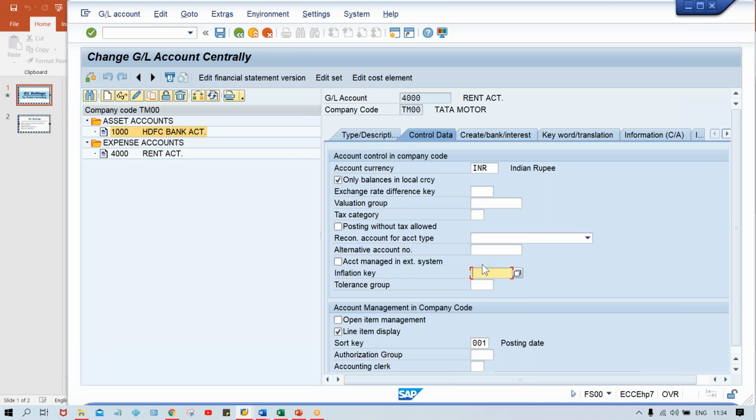That is why, guys, at the time of creation of account groups, we have to explain these things to the client, that this is the functionality of the account group. It is going to control the fields. At the same time, if we apply any changes at account group level, those changes will be applicable to all GL accounts created under a particular account group. Okay, so in that case, what will happen, guys? Once the client is able to understand the functionality, then they will decide how many account groups are going to be created. That's what I said, creation of account groups is not our decision, guys. That is decided by the client.